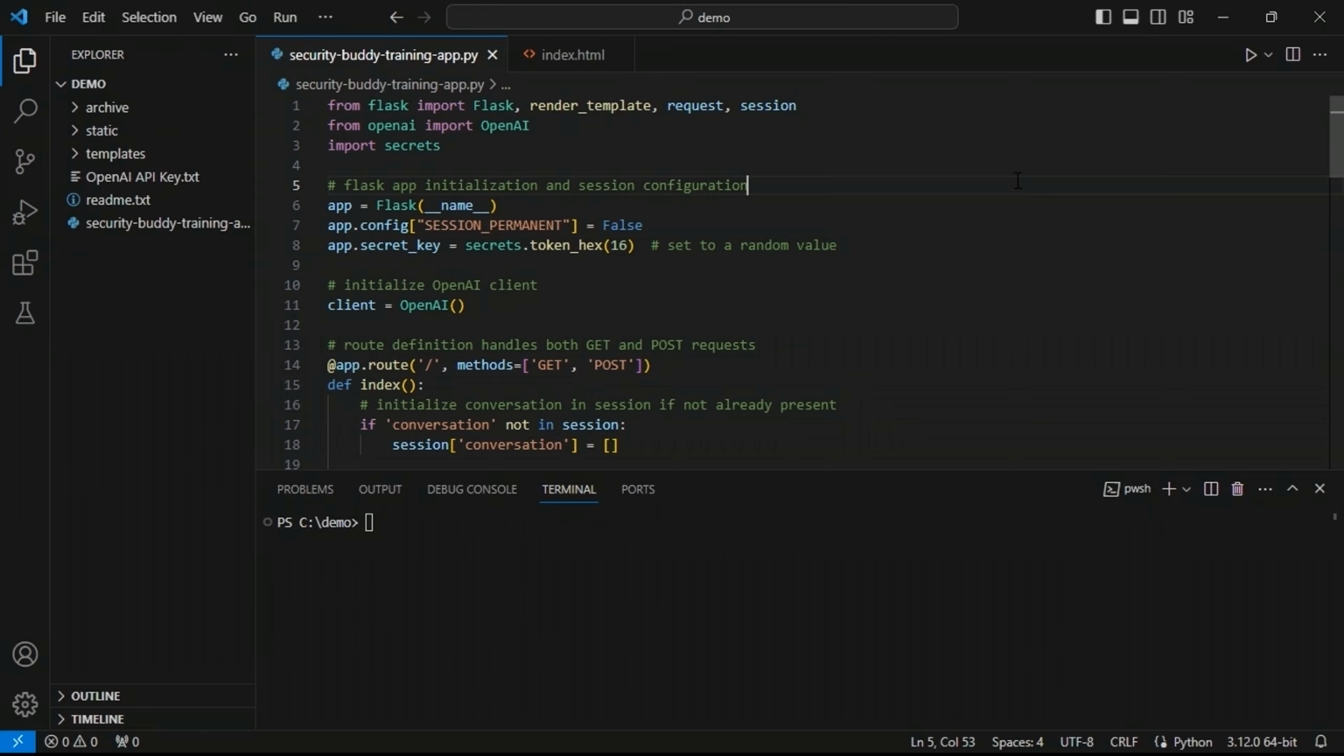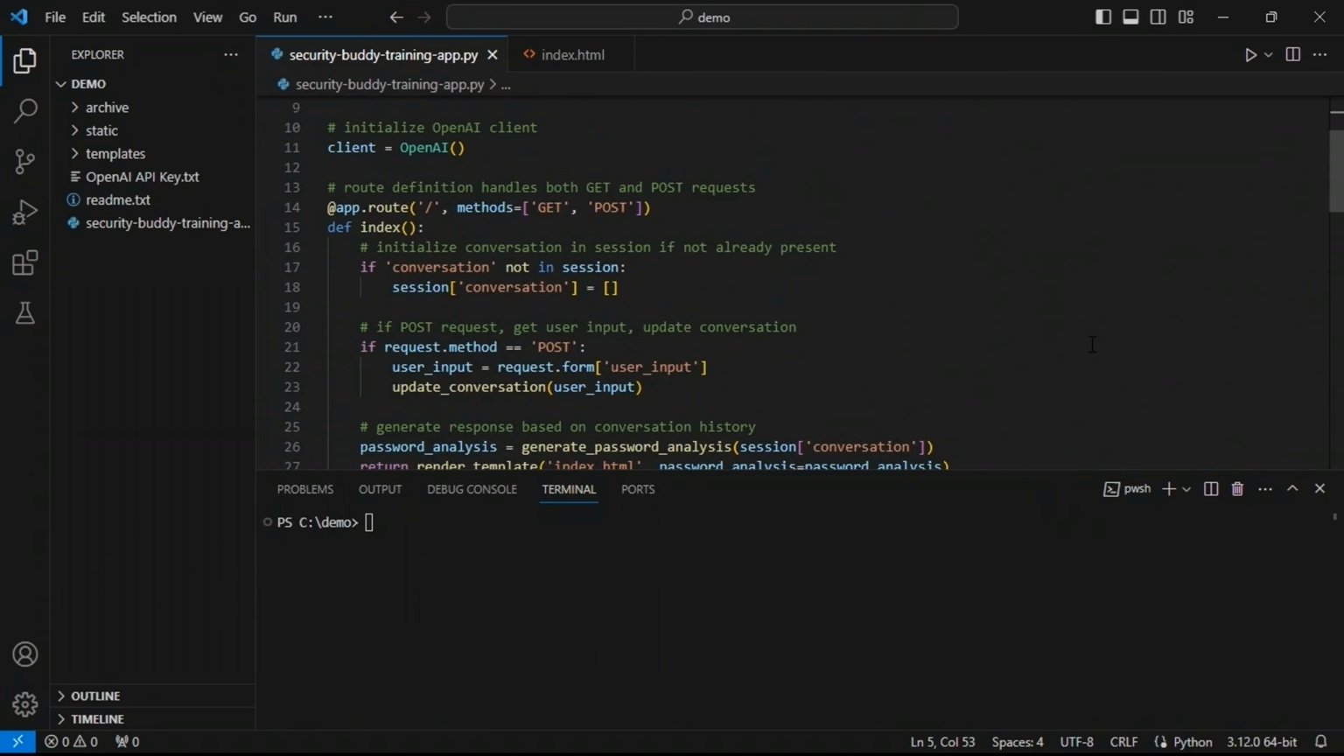Next, from lines 6 through 8, the Flask app instance is created. The session configuration is set to not be permanent, and a secret key for the Flask app is set to a random 16-bit hex string, which is used to securely sign the session cookie, which is just security best practice. Next, on line 11, we initialize the OpenAI client. Then starting on line 14, this is the route definition for the main page, and it can handle both GET